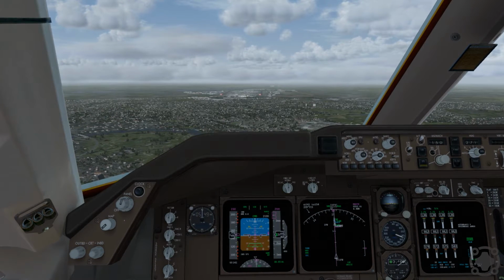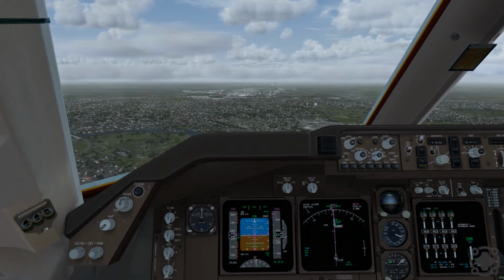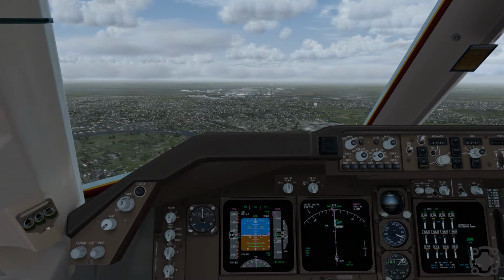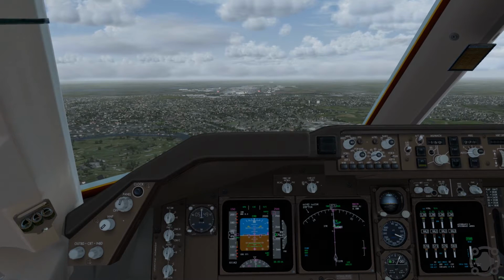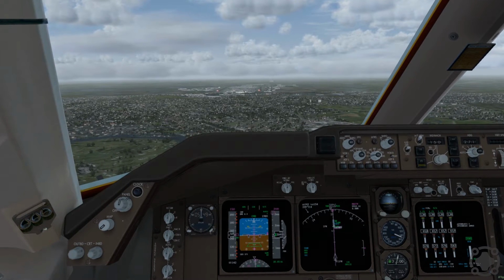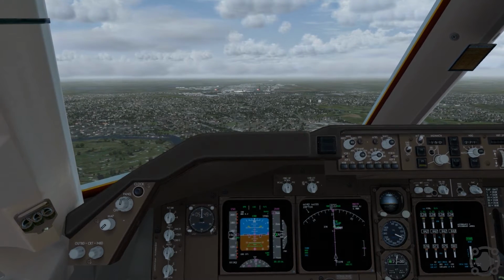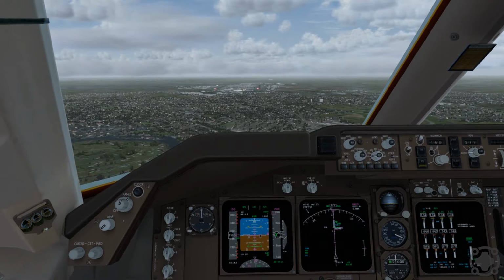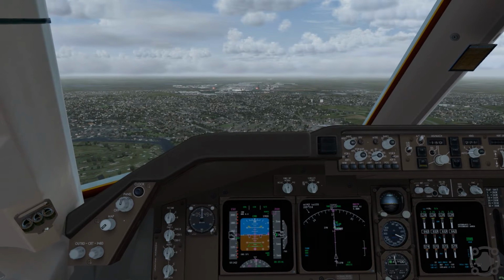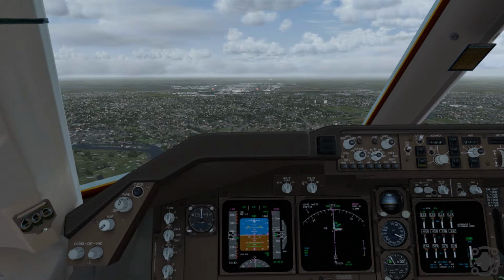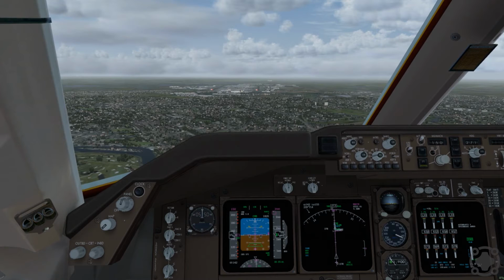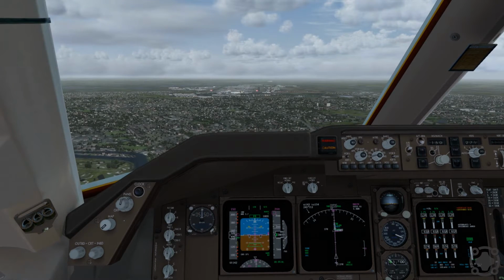So this kind of wraps up our journey today, which was a little bit over 6 hours for this entire trip. So it was a fun trip, of course. We just crossed the Atlantic. We did that step climb that I talked about in our previous video as we came to cross the Atlantic. So now that we're this far out, I'm going to go ahead and